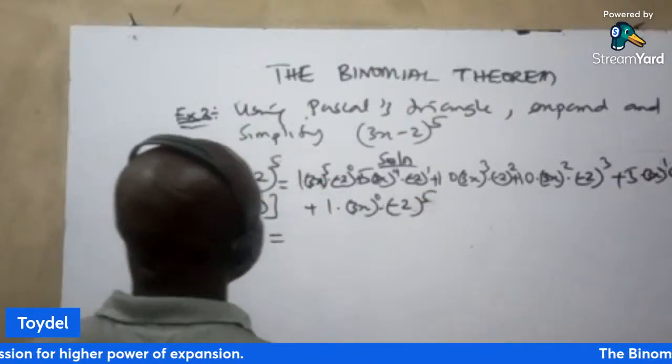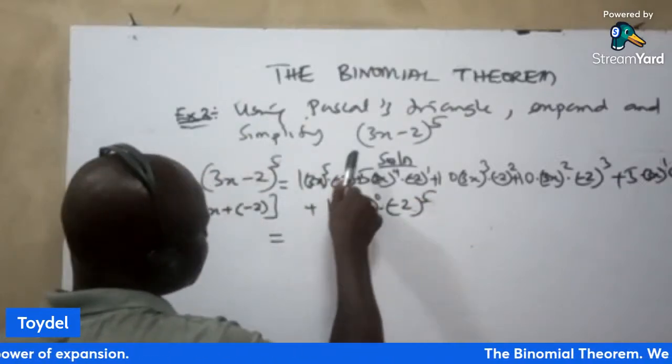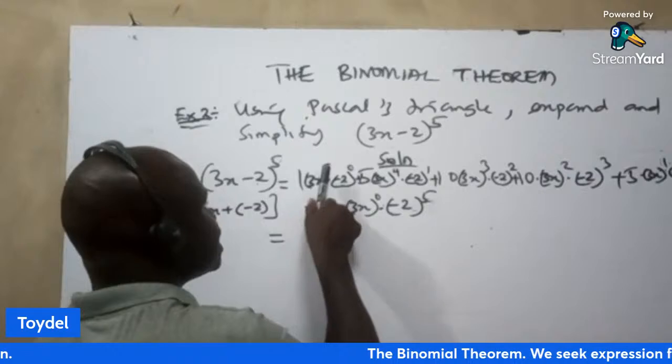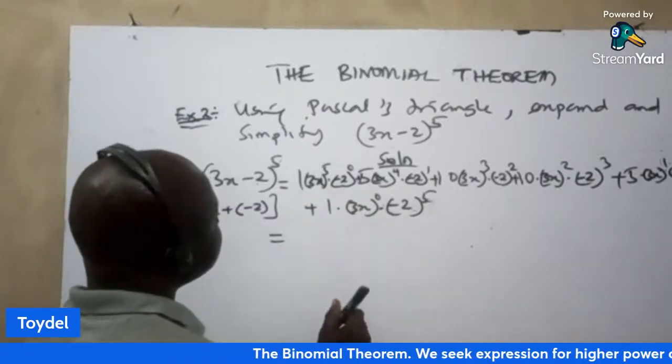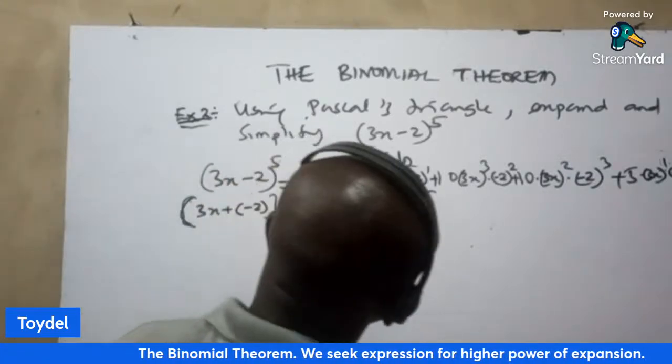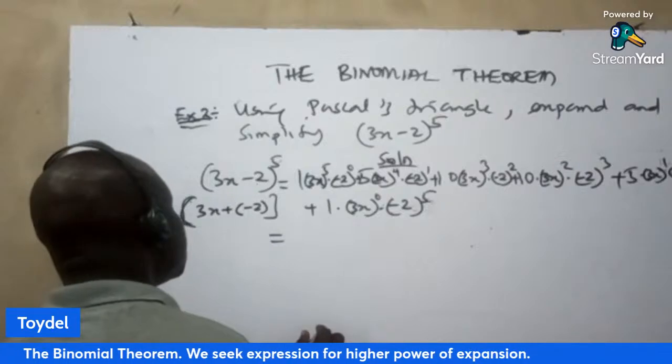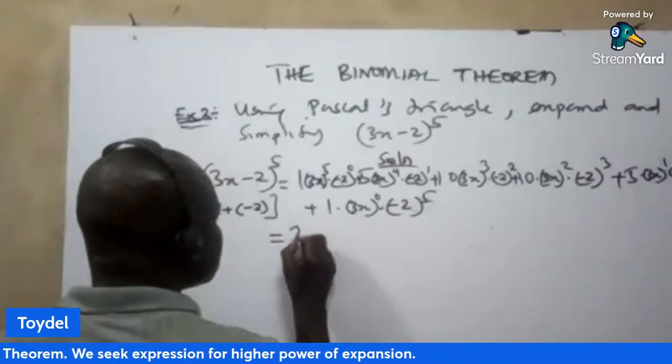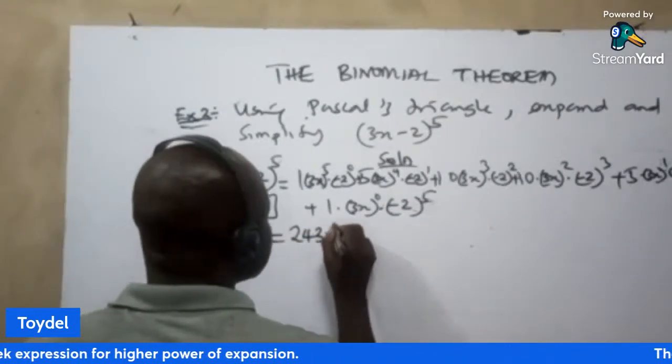So if we expand that, minus 2 raised to power 0 is 1. Then we have 3x raised to power 5. 3 times 3, that's 9. 9 times 3. 3 times 3, 9. 9 times 9, 81. 81 times 3. This will give us 243x raised to power 5